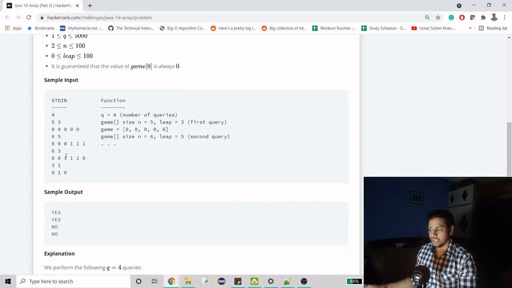When will we not win the match? If you see here, we have given this length of the array as 6 right here. So here, let's say if we move forward 1 step, so from here we moved here. Now if we leap 3, 1 2 3, we will come at this one, not 0. And if we don't leap, we will be here, and if we move 1 step, we will be here. And if we directly leap 3 steps from here, we will be here. So again, here there is no possibility of reaching any number as 0, right? There is no such possibility. That's why we will never win this game. So that's why we have to print no in this case.